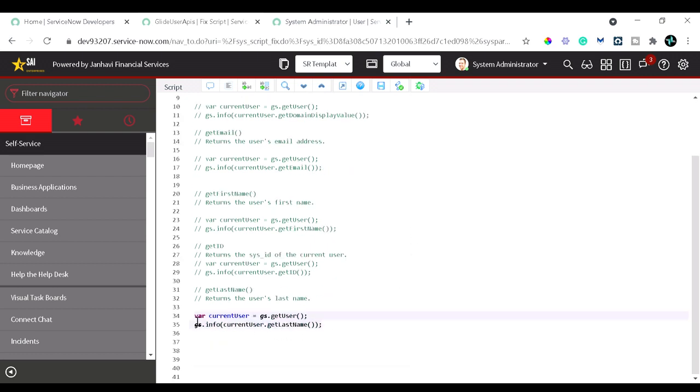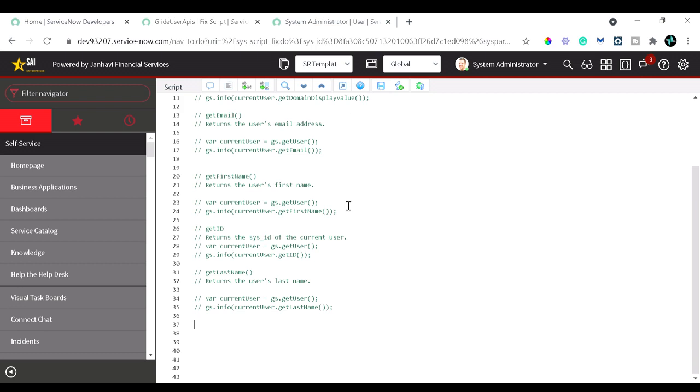Now the further methods. The next method is getMyGroups. So as you can see, we can add users to multiple groups, right? And now if I have a use case, I'm a logged in user, I want to see how many groups I'm part of. I want to see what all groups I'm involved in, right? Everyone wants to see. Okay, the more number of groups, the more important person you are. So what is the syntax? So the next method is